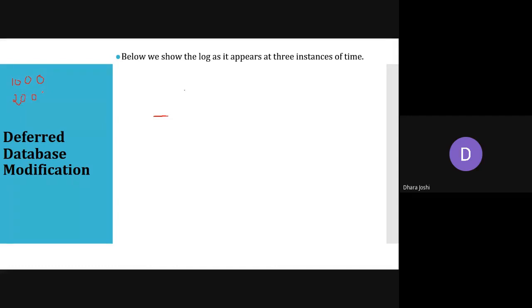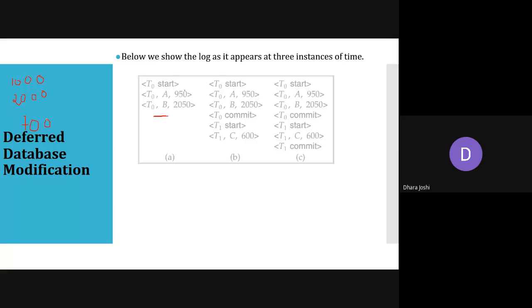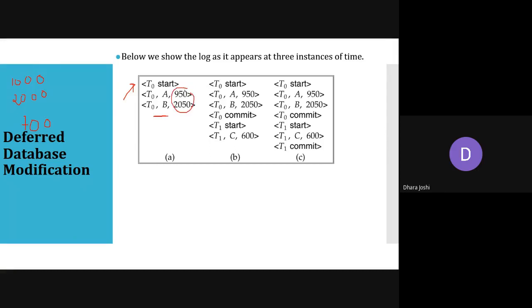And for C, we have 700. So in case 1, the image shown here, we do not have a commit here. That's why the updated value is not reflected in the database. So A and B's values are still 1000 and 2000.